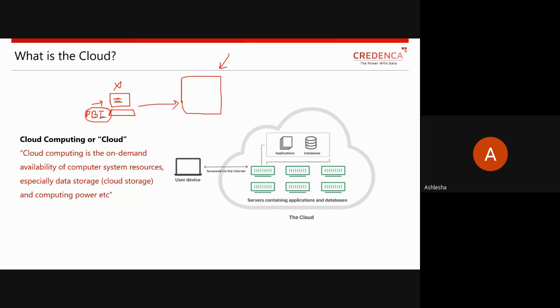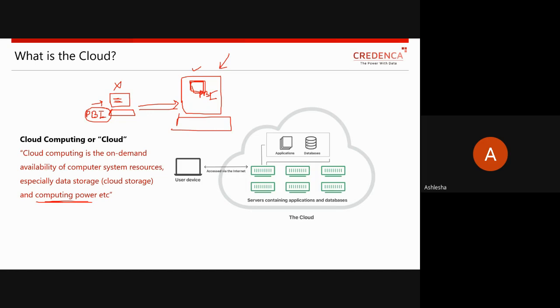You just ask them to give you access to their system, because that system has the enough memory or configuration which is required for Power BI. Now you can take access of this particular server for one or two hours, and complete your assignment using that system. Sometimes you need to pay for this service to the particular company. So on demand, whenever there is a requirement, this is what we can call computing power.